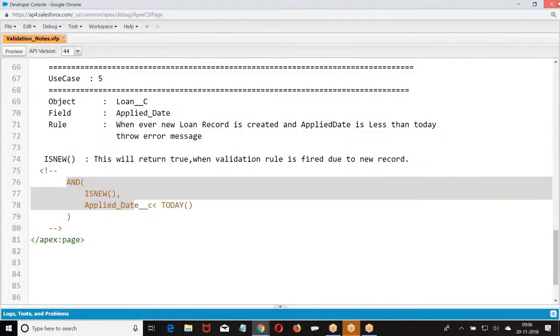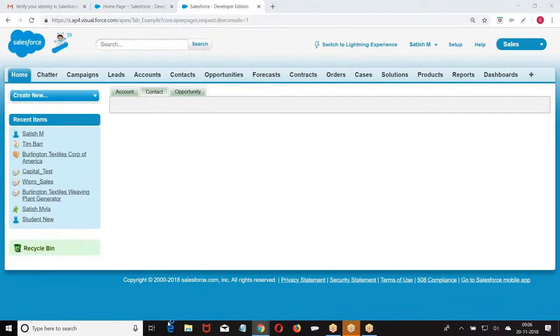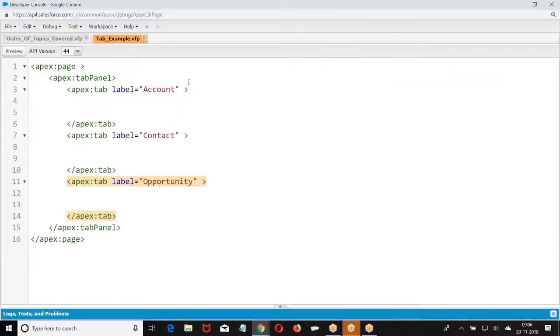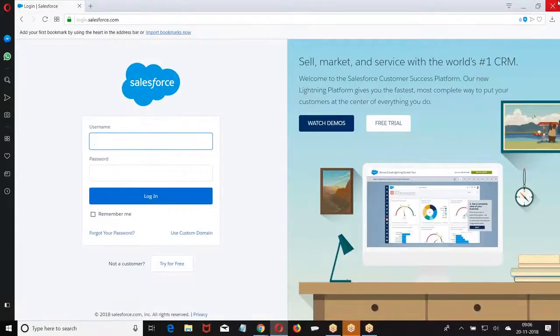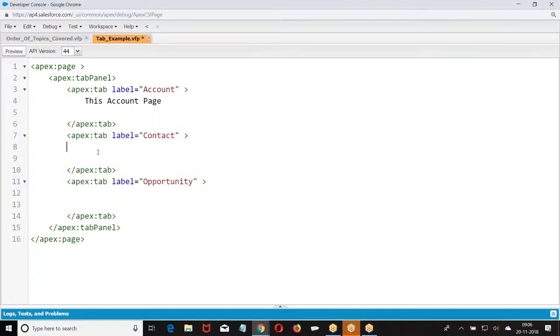When you're creating this, whatever content I have given, this opportunity page, this opportunity page.